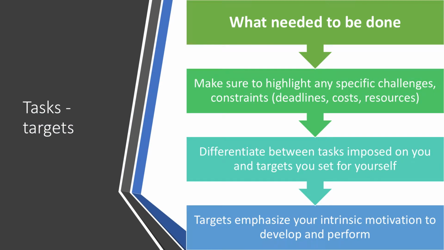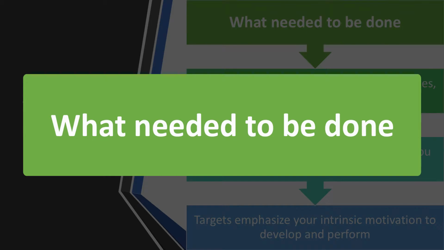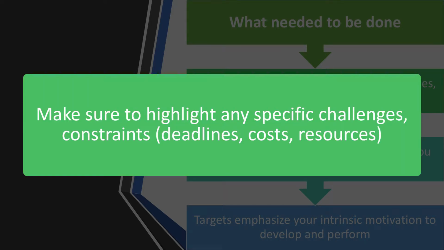Then, be sure to lay out the task clearly. What needed to be done? Make sure you highlight any challenges, any constraints, any deadlines. For instance, we had 2 less staff than usual, and we had 5 times the people in the store. Make sure that the interviewer sees the situation that you're dealing with clearly based on the tasks and the constraints,